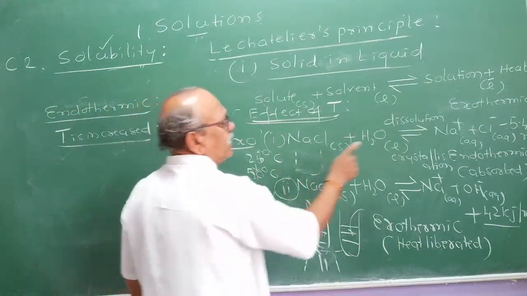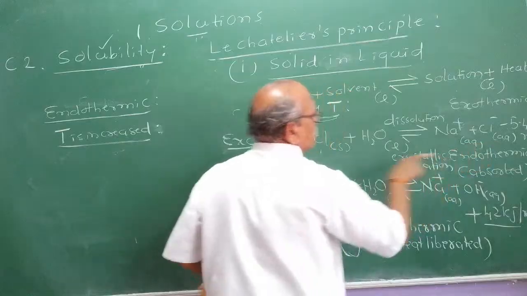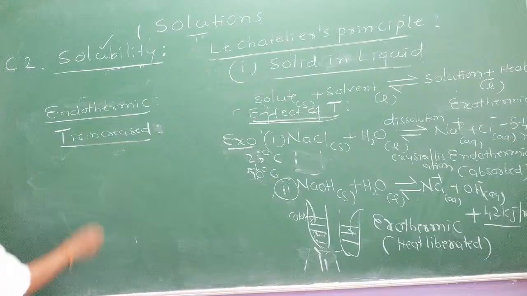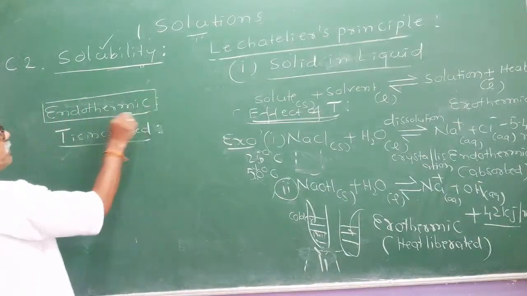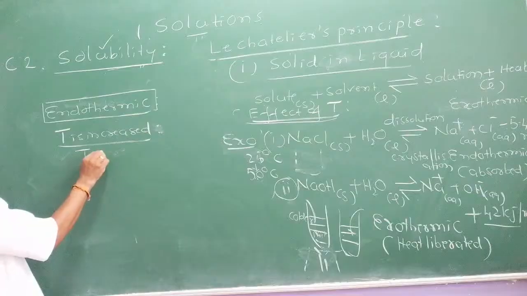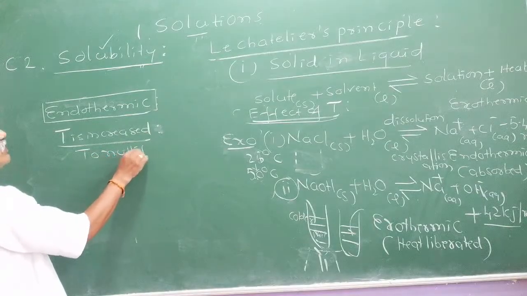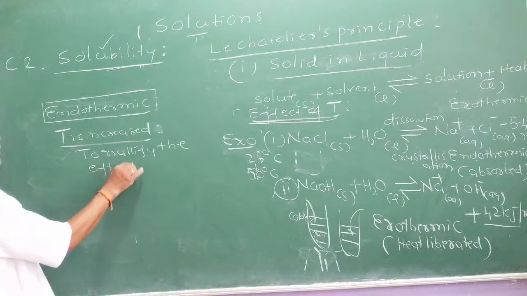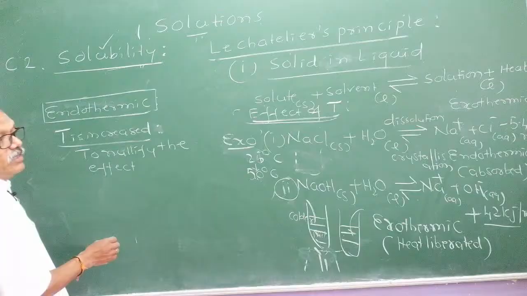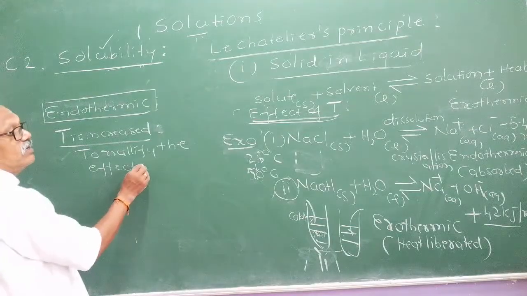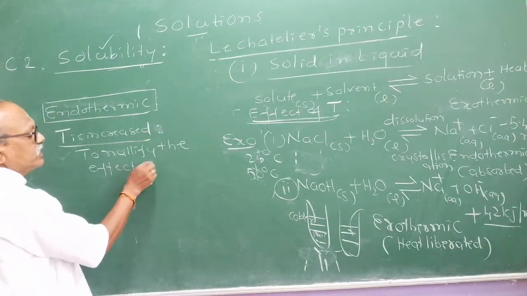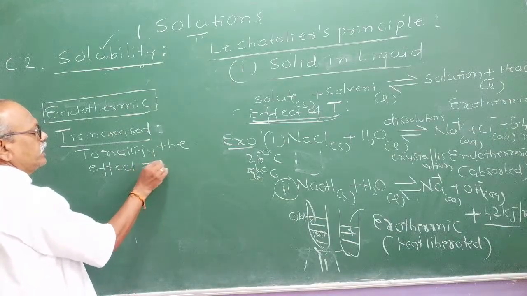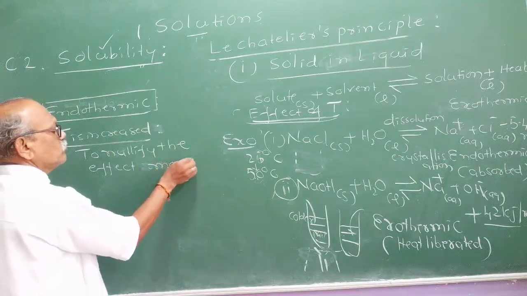To absorb the excess of heat energy, the forward reaction is endothermic, means reaction will take place in the forward direction and nullify the effect. If the reaction is endothermic, when temperature is increased, to nullify the effect, what happens? To nullify the effect, more reaction takes place,